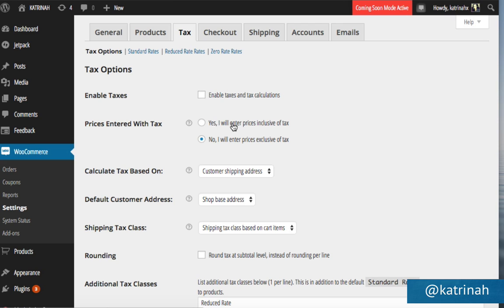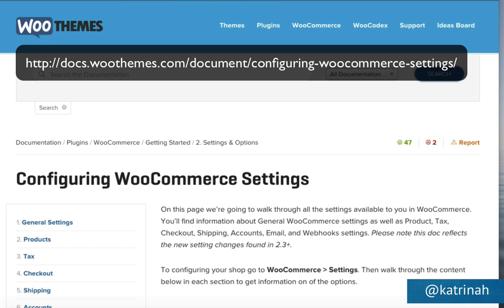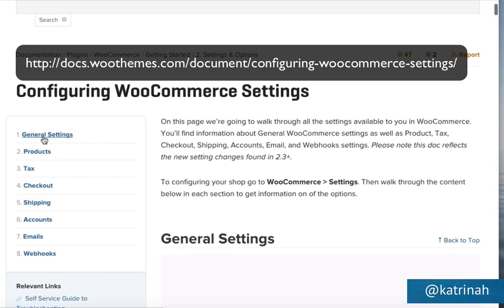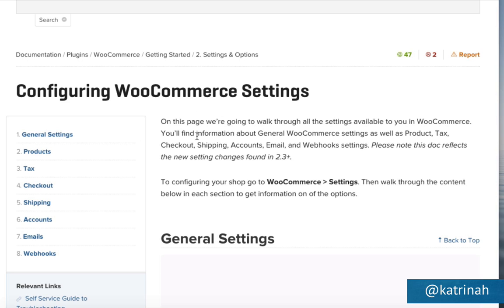For taxes, WooThemes actually has a really great video on their website that goes into much more detail about tax options. So I'm going to refer you to that wonderful video on the WooThemes site. The page is called Configuring WooCommerce Settings, and you can see here on the left-hand side, they go over taxes, checkout, shipping, accounts, emails, and all kinds of really great things to help you set up your WooCommerce plugin settings.